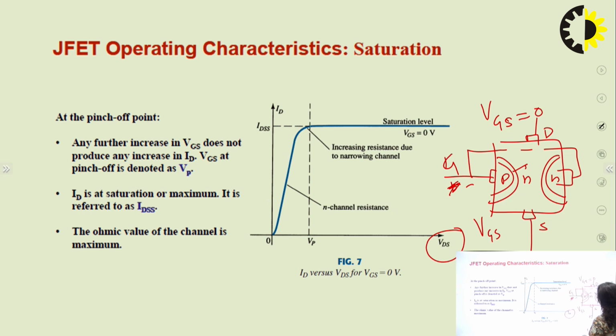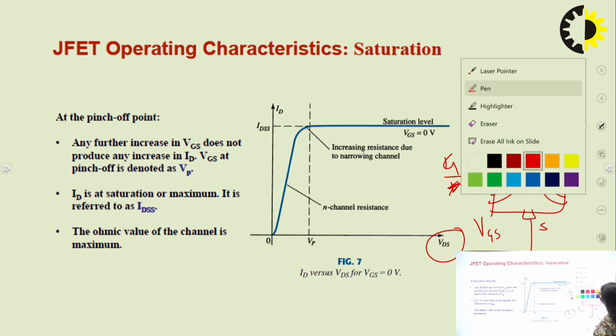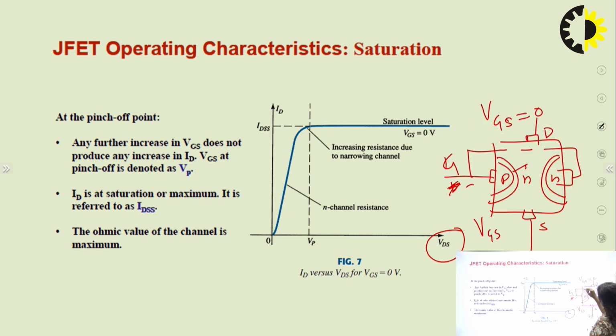Also, the charge carriers passing through the channel are increasing. If the charge carriers are increasing because of the positive potential of the battery, then the current is increasing. And if the current is increasing, we can see that when we are increasing the VDS, your current